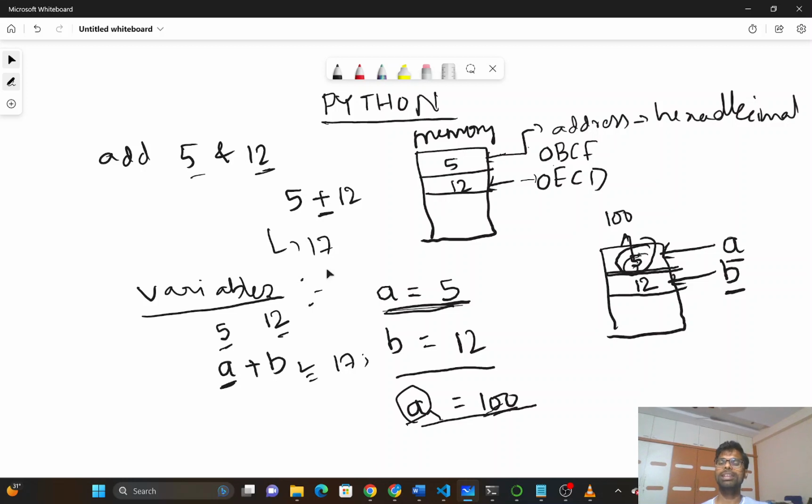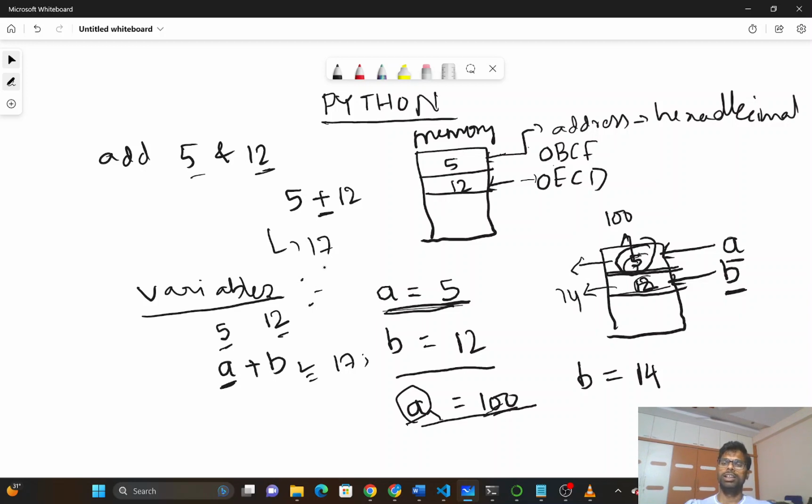Right? So when I am accessing the variable, I am accessing whatever value is present in that memory location. And that value could be changed very easily. So please keep that in mind. Now let's say I want to change this value 12 at the location pointed by b. All I have to do is b is equal to some other value, let's say 14. Now in this memory location, instead of 12, the value will be 14,